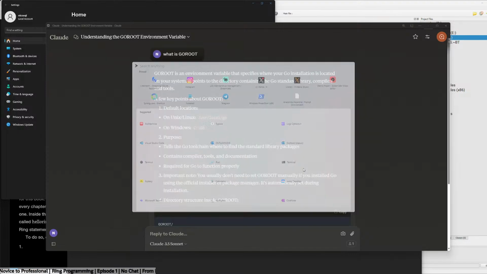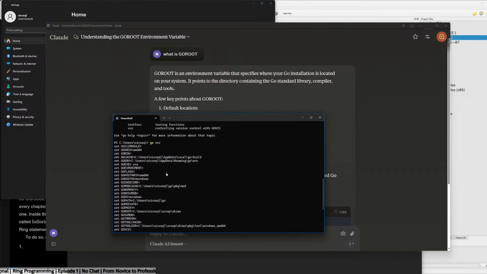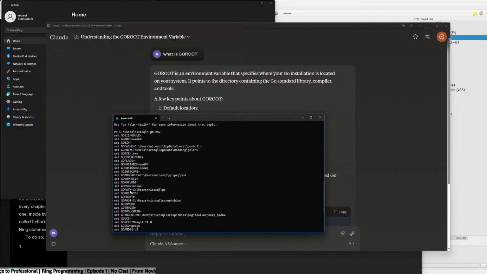Here and there. Go inv. Looks like that works now. Go root is set. Is it? Go exe, go flags, go proxy, go path, goos.